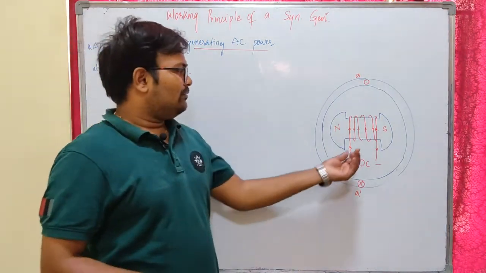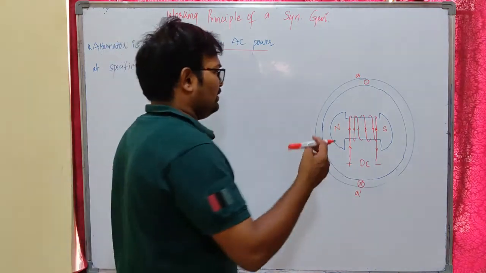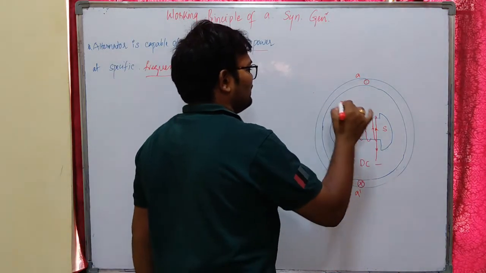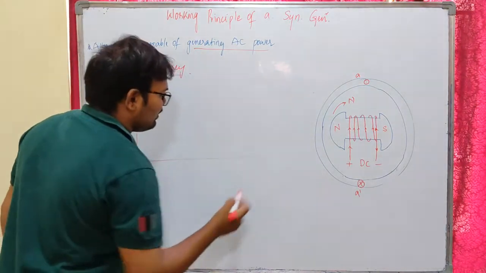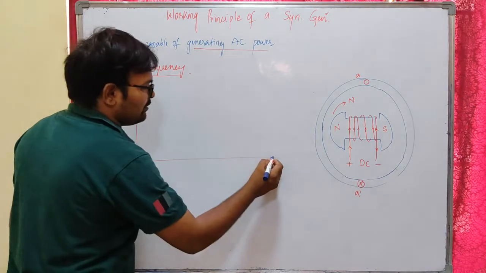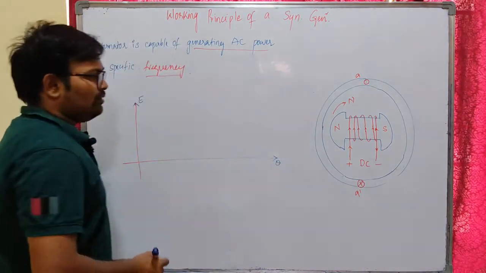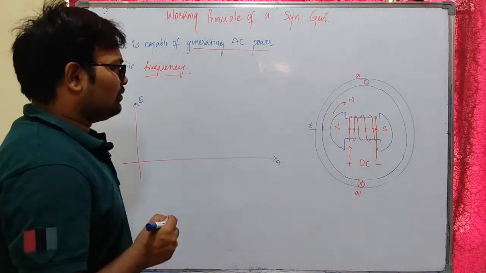Now as we are going to give mechanical supply to our rotor, the rotor will rotate, let us assume, in this direction. Okay, this is the direction of rotor. Now at that point of time I am going to draw the graph for voltage induced in the A and A dash phase. Okay, EMF induced in the A and A dash phase, for theta. So let us consider this as 0 degrees. Okay, the EMF induced will be like this.